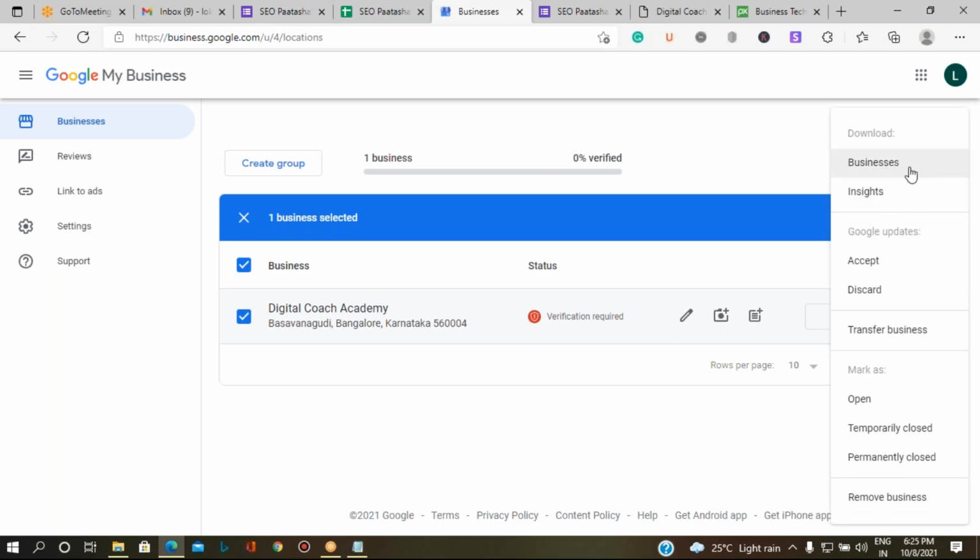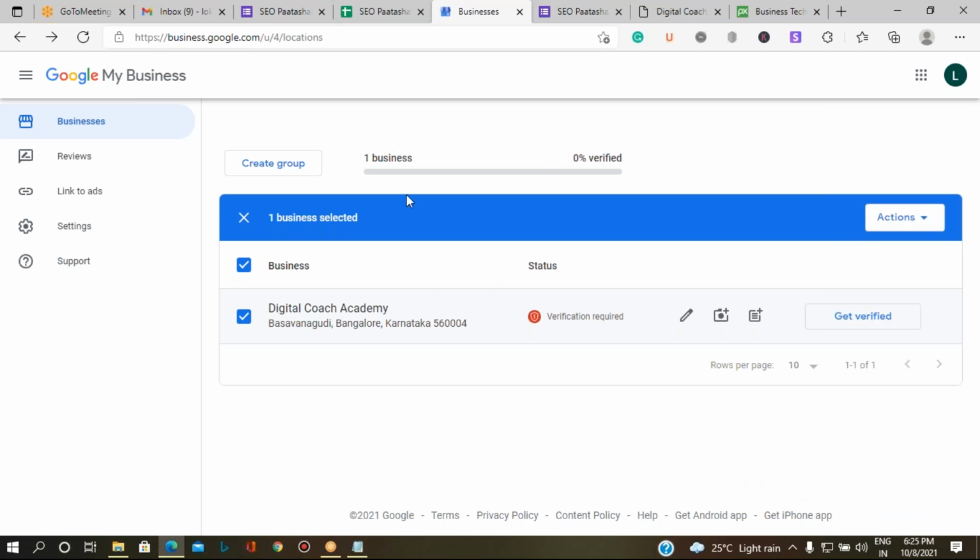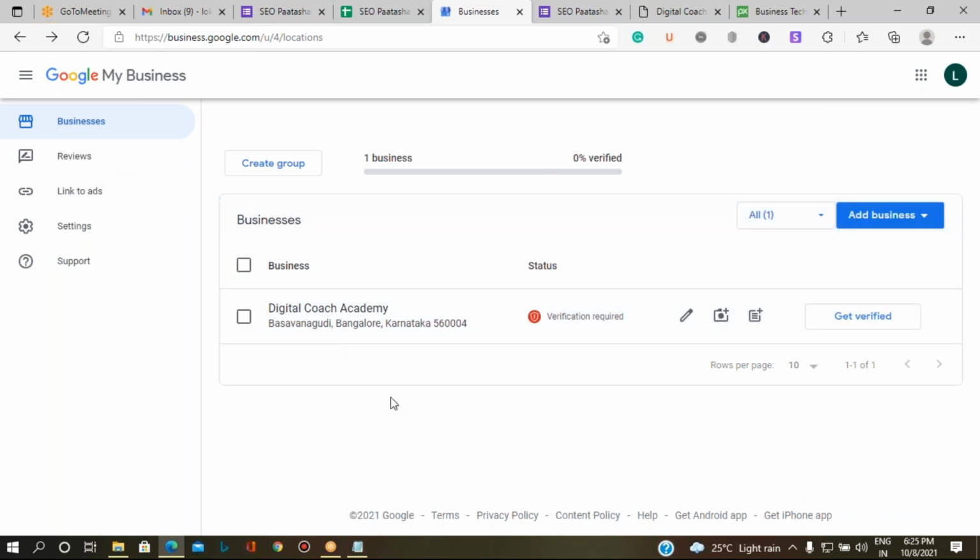Here you can make the changes. For deleting the page, you have to go for remove business. Okay, so this is how you can make the changes in the status.